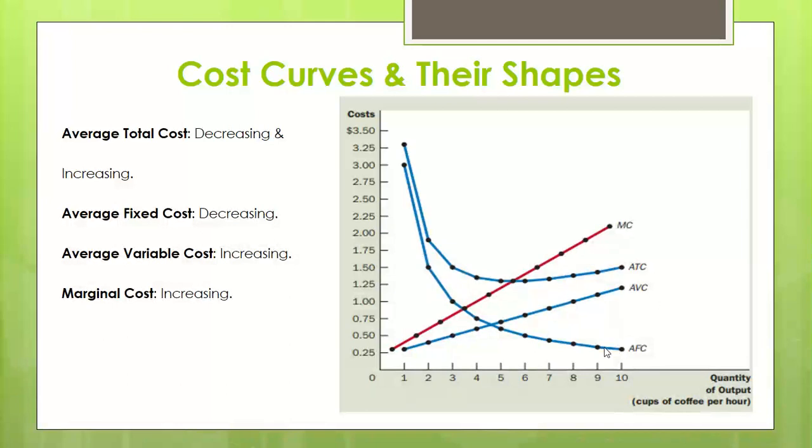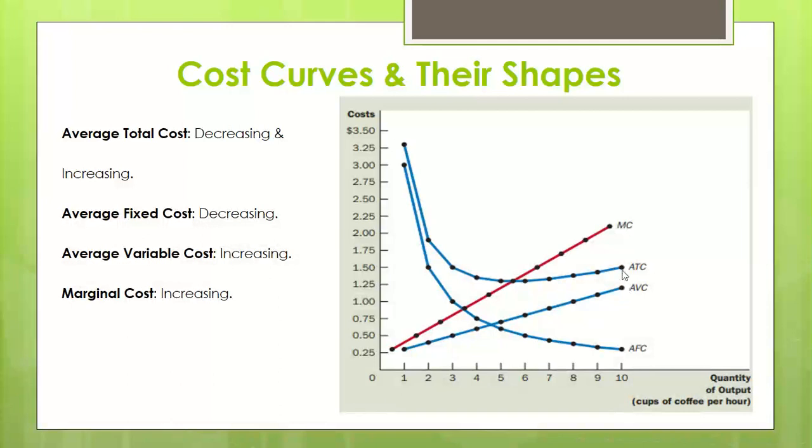Here you can say that it starts decreasing from $3 and comes down to around 0.25. So it is obvious that the average fixed cost is decreasing as the quantity of output increases, and finally it comes to a smaller number. So here, average total cost,